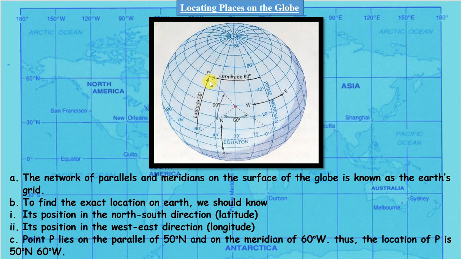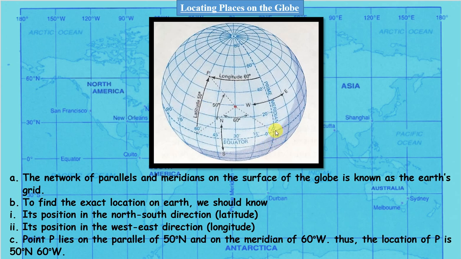We will see the horizontal lines, isn't it? Which lines we have to see? We have to see the horizontal one. Let us see. And we'll see first to which direction the point P is lying from the prime meridian, to the west or to the east. So it is lying to the west, that is, we'll be moving this side.